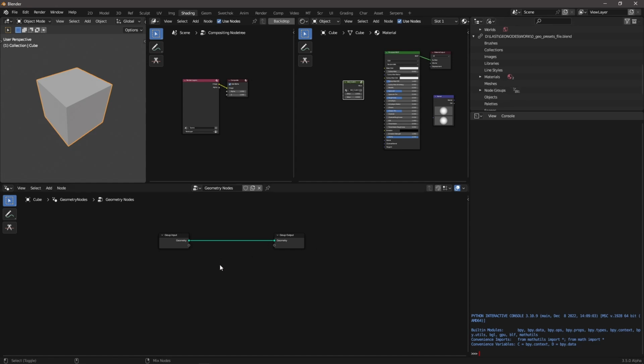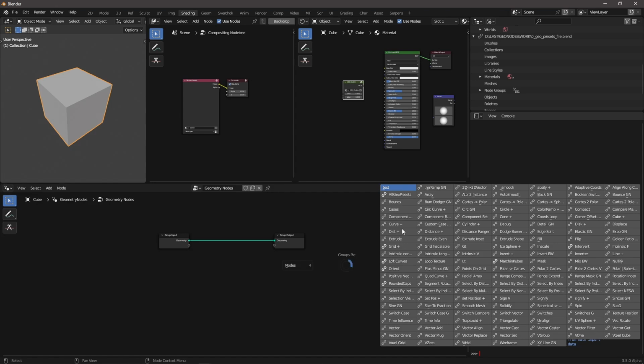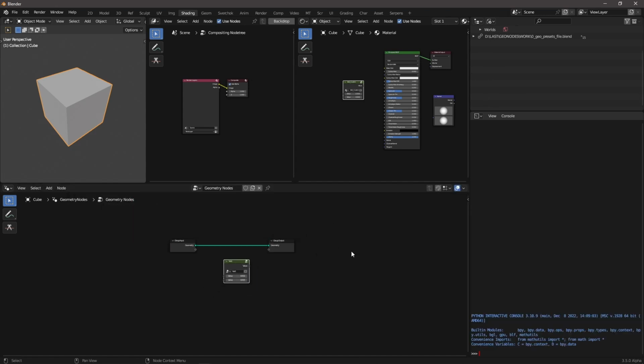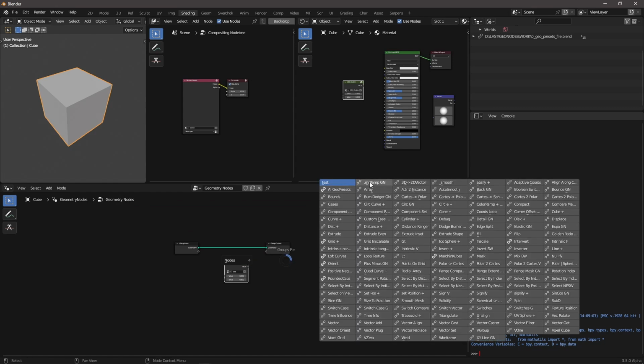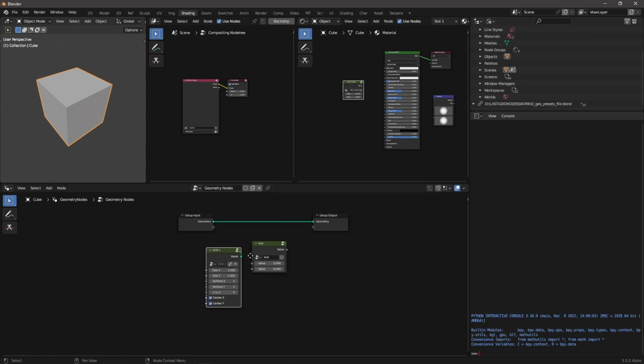When I'm in here, I can hit V and then switch to groups. And these are all the basic geometry nodes from Blender. And then if I hit groups, there's going to be all the groups that I made. And there is one that I made in this file, test one. This one is in this file, so you can see it's not linked. But if I hit Ctrl C now to see only the groups, I can take any other one that I have, grid plus, like this. This is another group that I made,